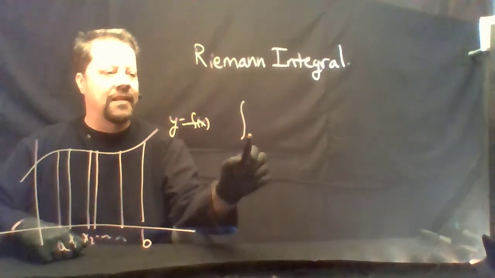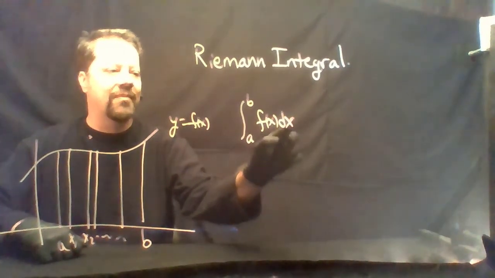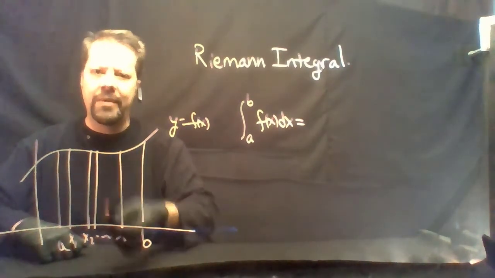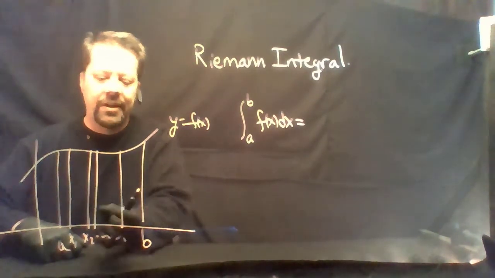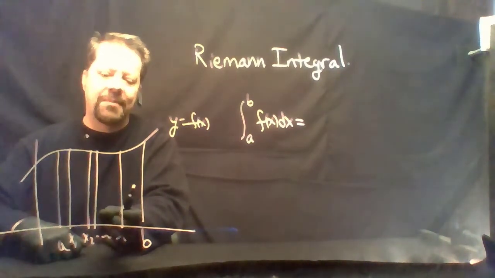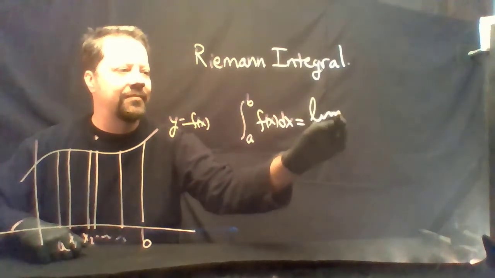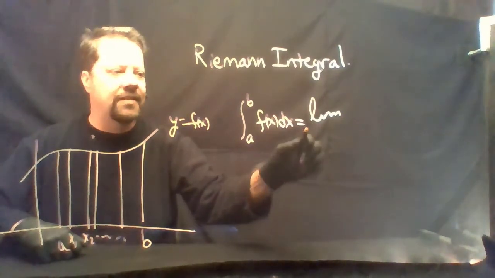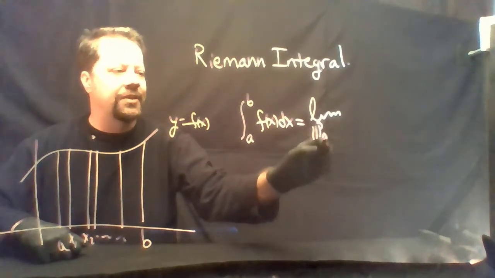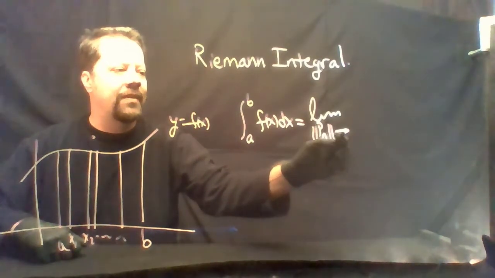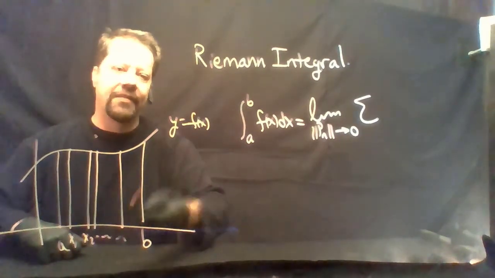Then, the integral from A to B of f of x dx was equal to, we would make little refinements of these partitions, have a sequence of partitions, so that the maximum subinterval width tends to 0. We'll take the limit, and in this case, let's call the maximum subinterval width the norm of the nth partition. We want that maximum subinterval width to go to 0, and then we estimate the area of the undergraph by